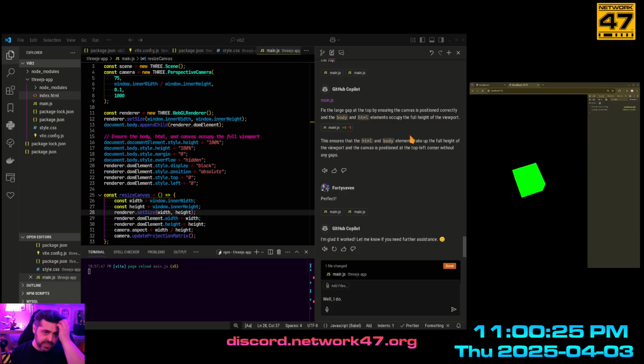So let's see. What's the next stop on the thing here? Okay, we didn't get a plane here. Last time I made this a little more correct to the aspect ratio. It was a little squished. There was a plane and it put it there itself last time. It's not here this time. So let's see. Add a blue plane sitting just under the cube.